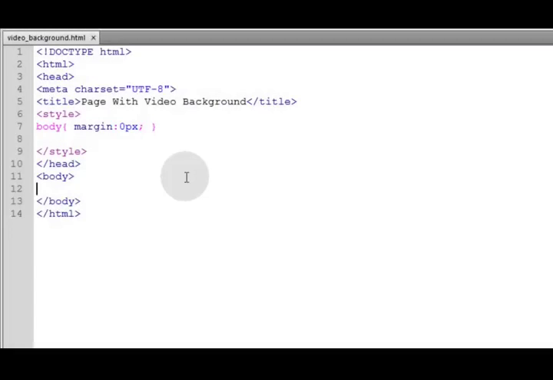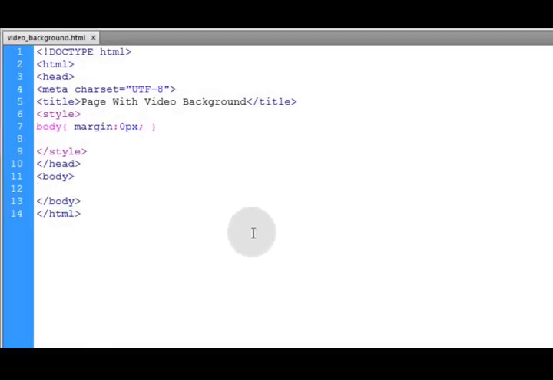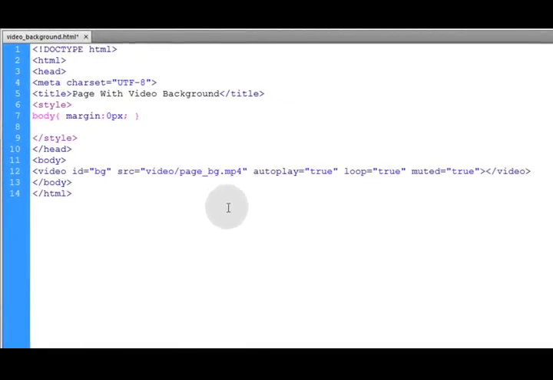Okay, we're going to start with the bare bones of an HTML5 web document. The first thing I'm going to do is add my video element with the attributes that I want. I'm going to give it an ID of BG. BG is short for background. The video source is going to be in a video folder that I have, a video named